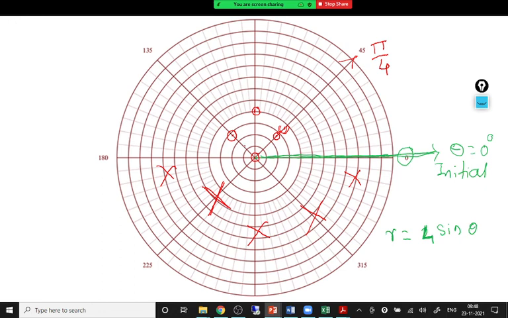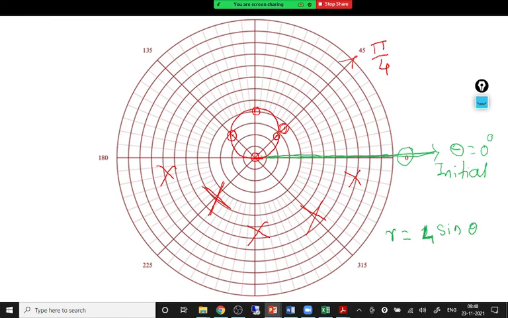Now we have only 4 points. Right now, if we want a smoother curve, you have to add the angles. For example, you can put theta equal to 30 degrees, you find r equal to 4 sine 30, and then on 30 degrees you can put that number that way. So 30, 60, 90, 120, 150, and you will observe the curve will be like this.